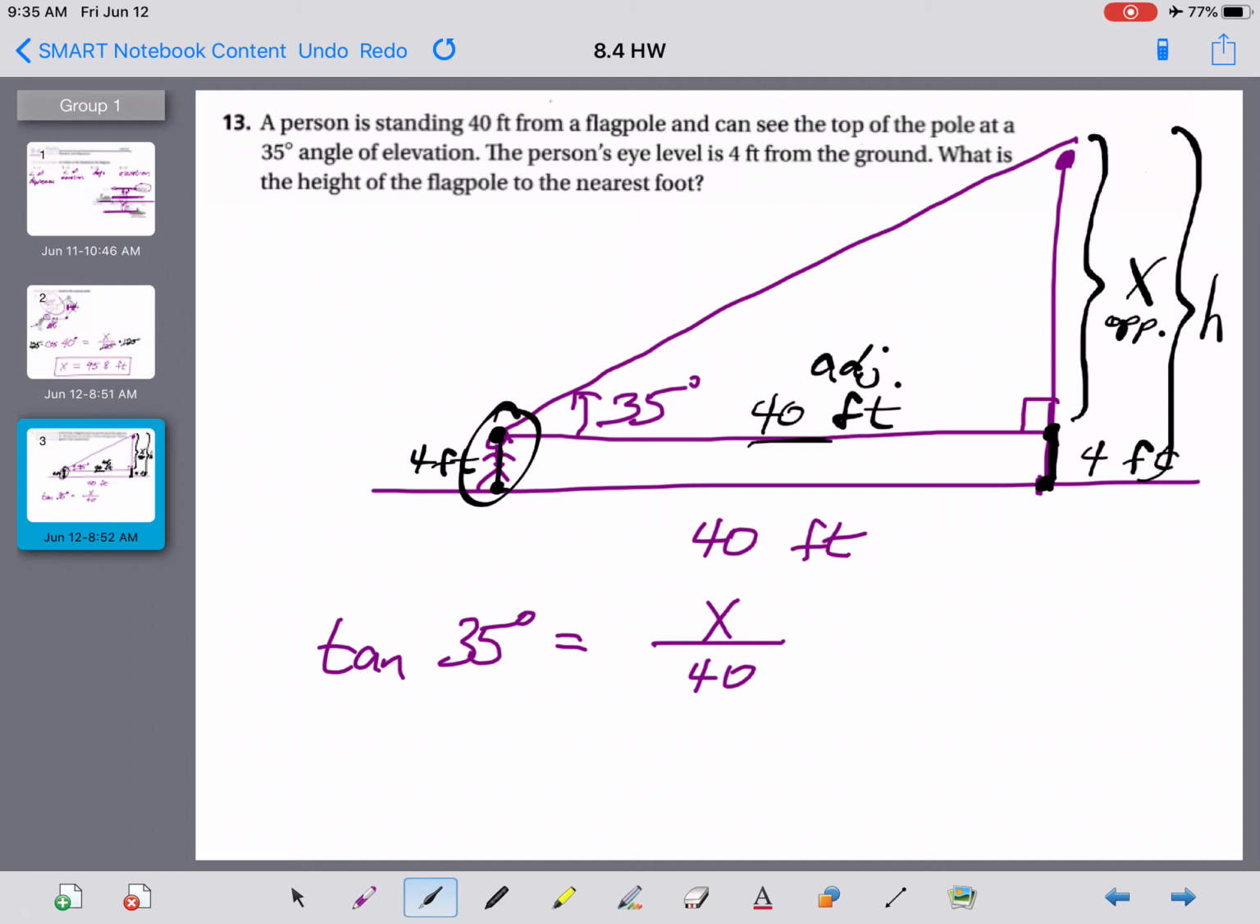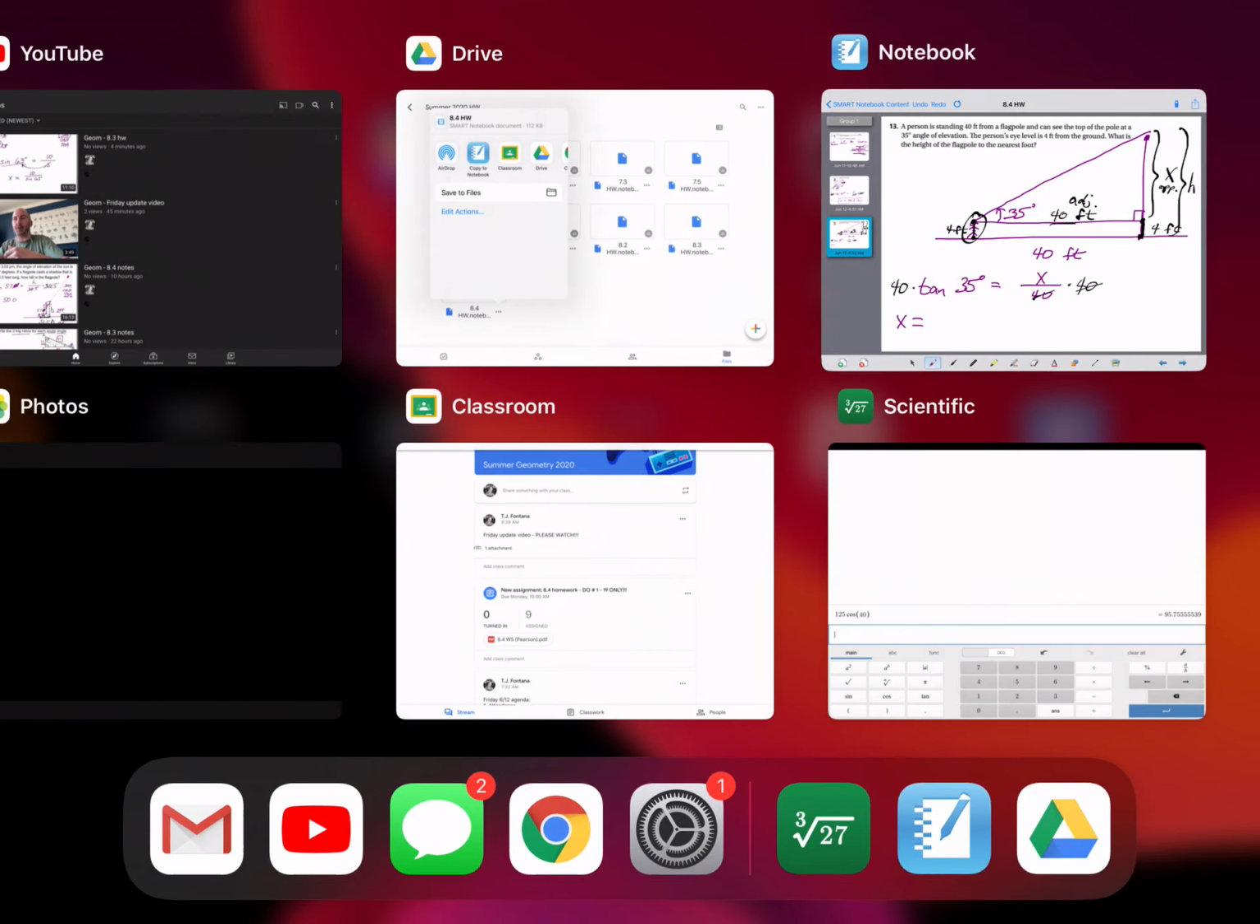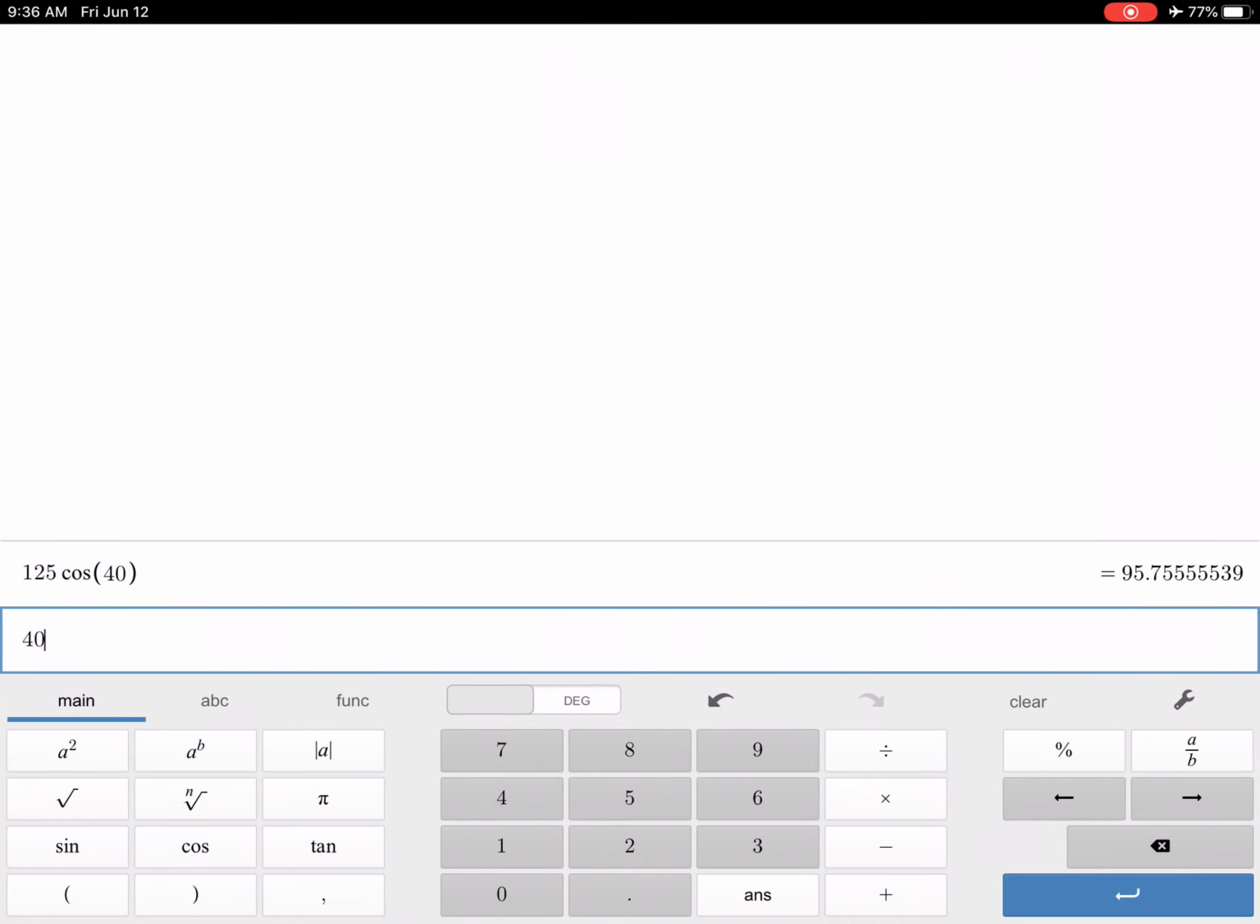The place we like the variable the most is in the top of the fraction. All we have to do now to get rid of that 40 that we're dividing by is multiply both sides by 40. So, without a whole lot of work, we're going to come up with x pretty quickly here, guys. X is equal to 40 times the tangent of 35 degrees. So 40 tangent of 35 is going to get us an answer of 28, almost right on the nose right there,